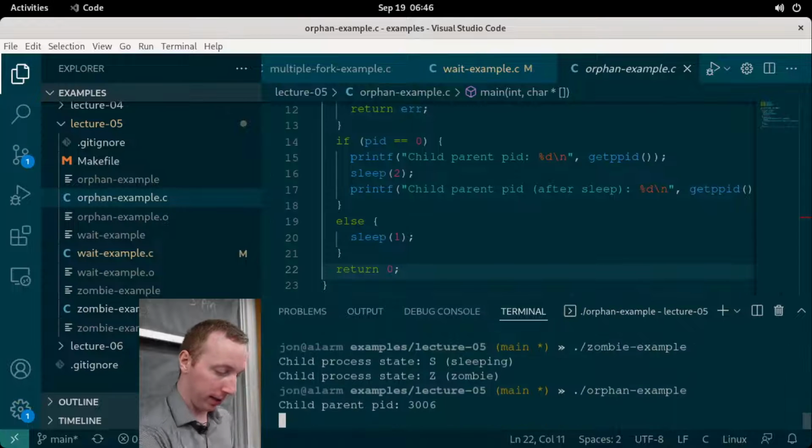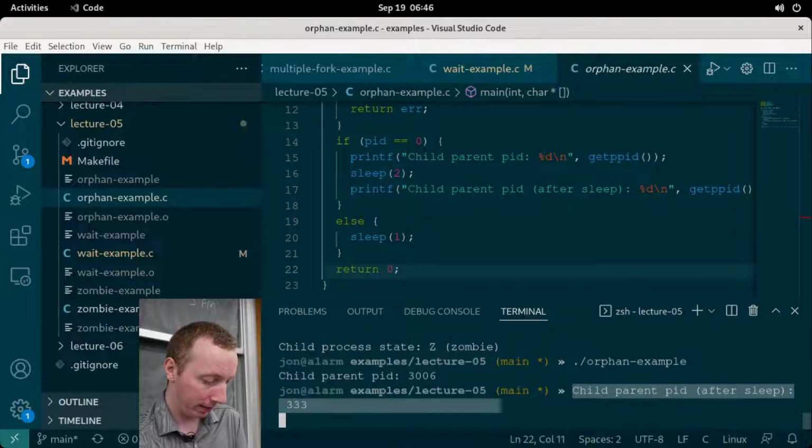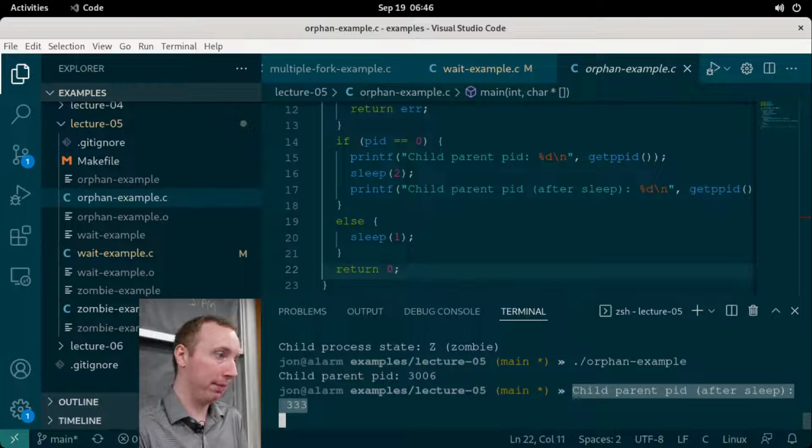But if we go ahead and run this, it will look weird. So the child's parent ID is 3006, and then we wake up again after our parent is dead and deleted as well, because if it was still a zombie and the shell for some reason didn't read its exit code, its parent would be a zombie. So it wouldn't get reparented because it's technically kind of still alive. But in this case, our shell works as we hope, and then we see that its process ID after sleeping is